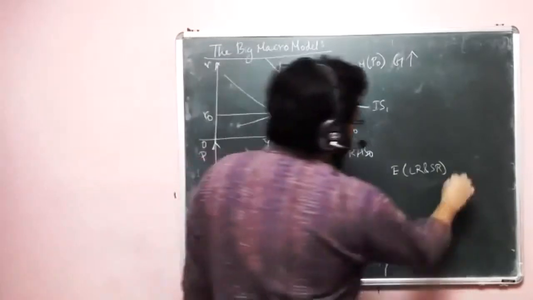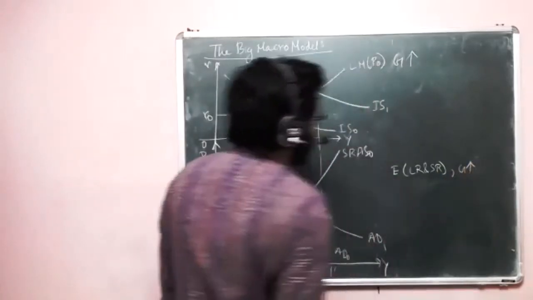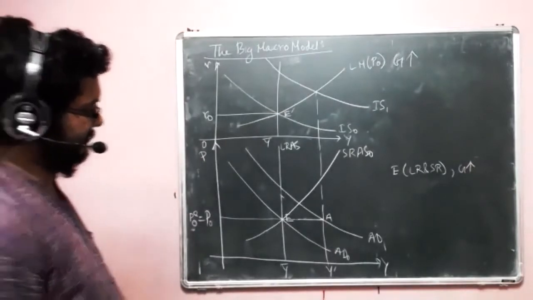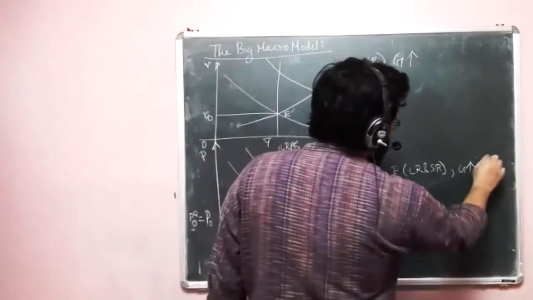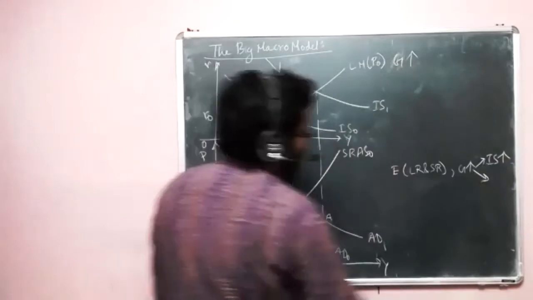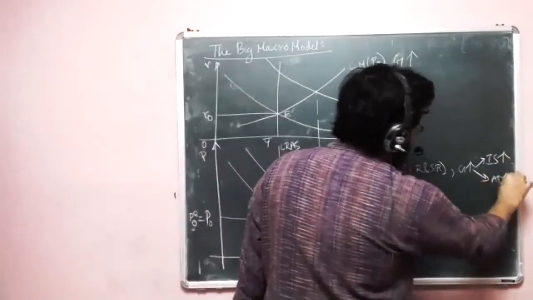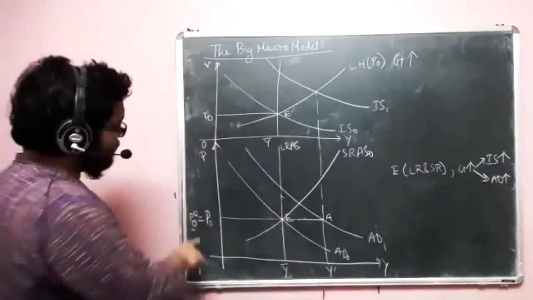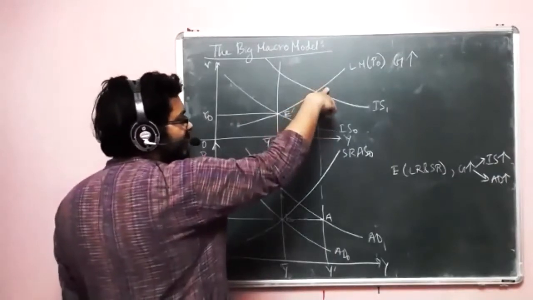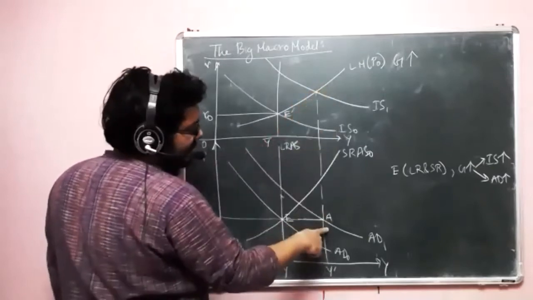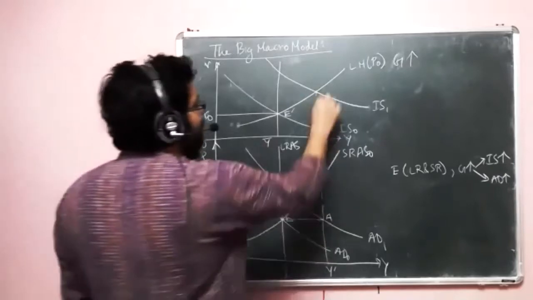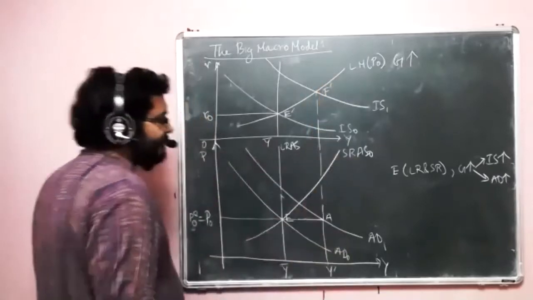Now let's say G increases. If G increases, we have two things. We have IS shifting outward and we have AD shifting outward also. Now, if we keep the price fixed, then we get the output that is observed in the ISLM, and that is here mapped at Y dash. Let's just say that this point is F dash.